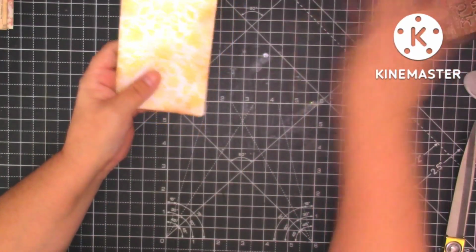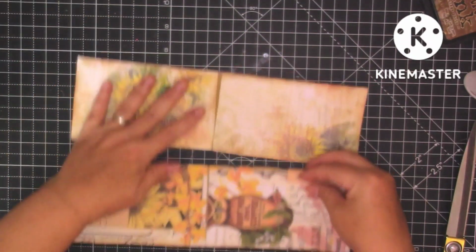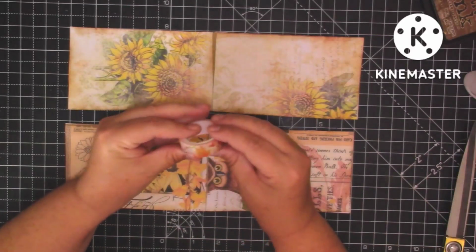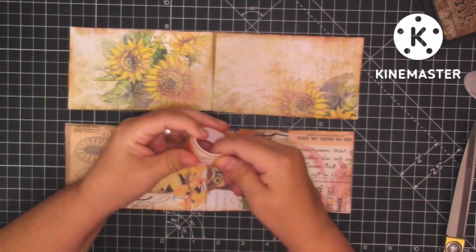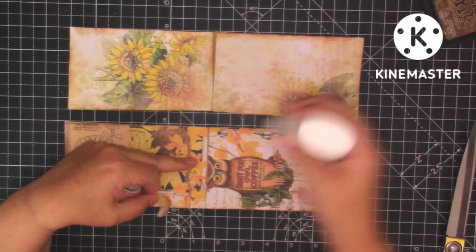Okay, so now I'm just going to put some washi tape down the middle because you can see the little gap there, and then I'm going to stitch them. What did I do with the washi? I found this in my stash. It's like autumn leaves, so I thought this would go nice if you can find the end of it. So I'm just going to put some glue